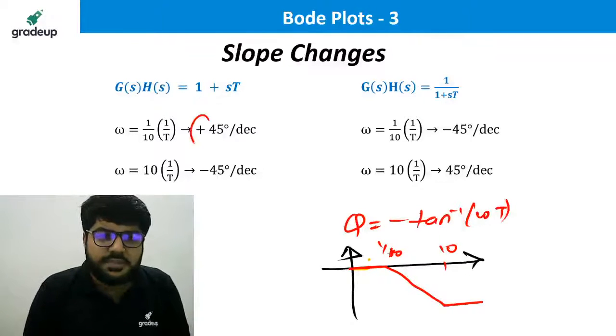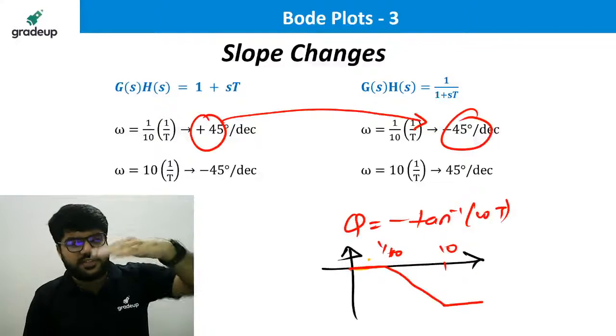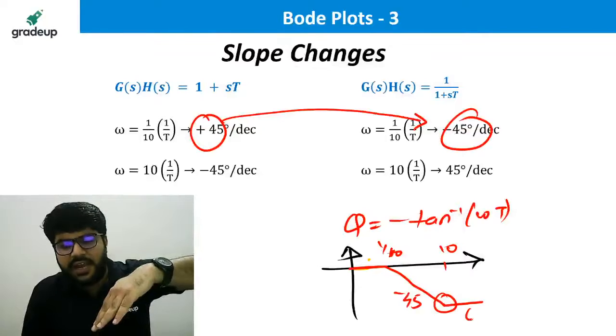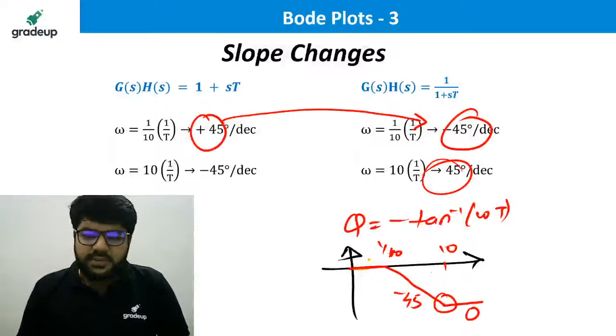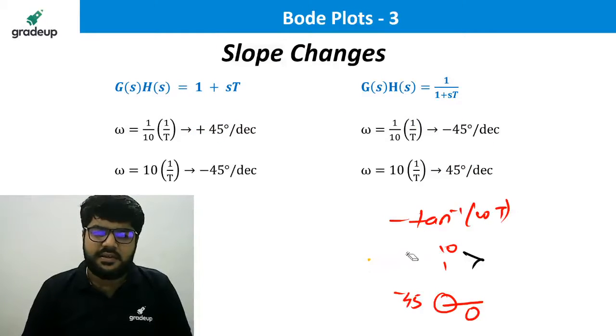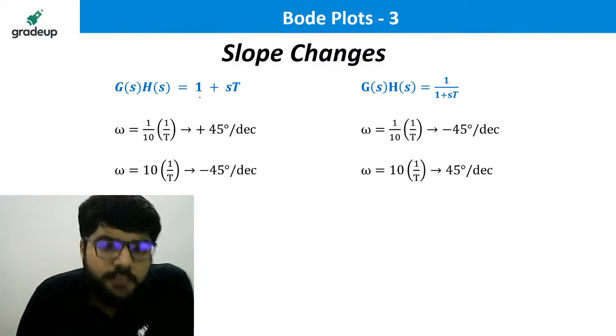So the slope change which was plus 45, first that will be minus 45. First the slope changes to minus 45. This is minus 45, and now again becomes 0, that is plus 45. That is why I am not doing the separate analysis for 1 plus st. That can be written similarly. So follow the important point now.